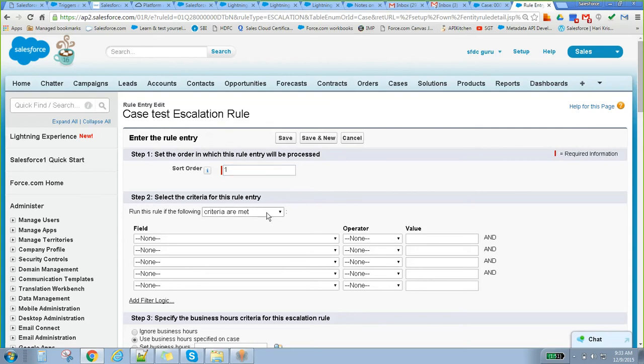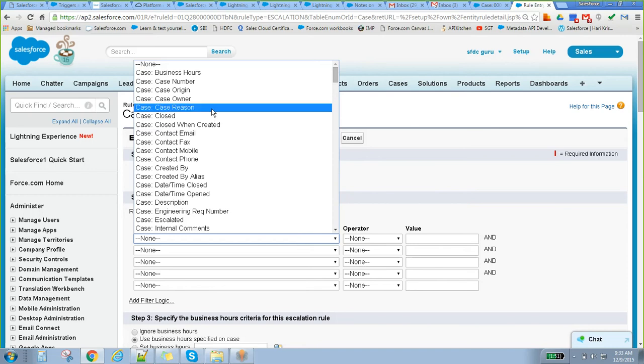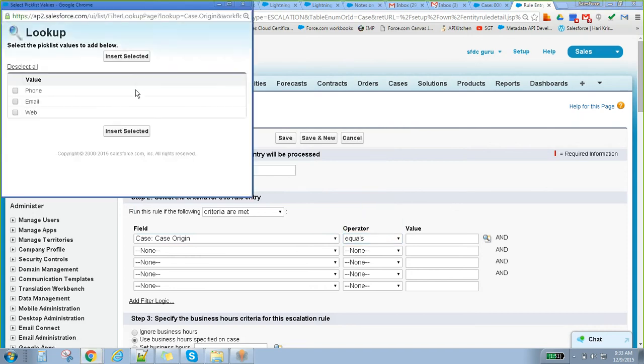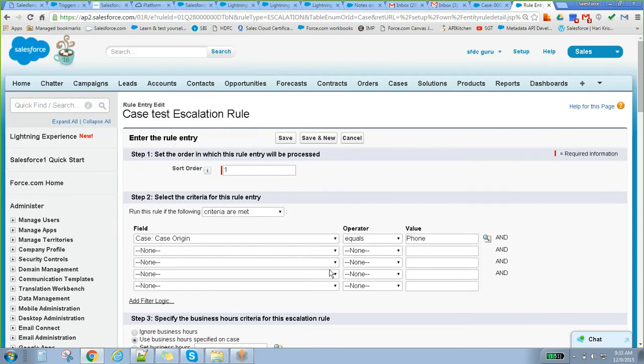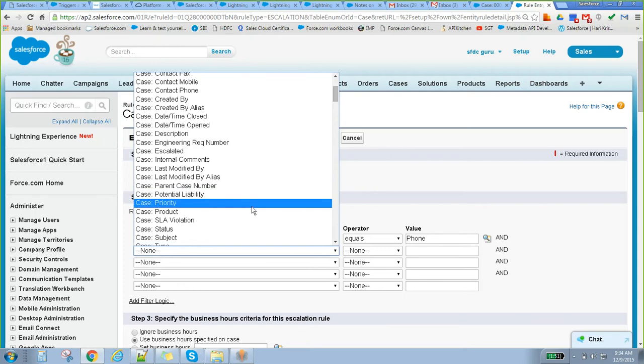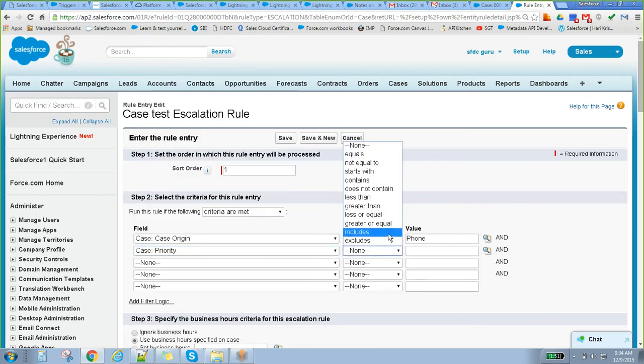Criteria met: let's assume case origin equals phone, and priority equals high.